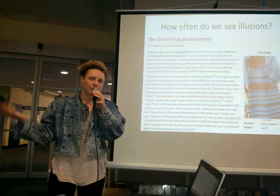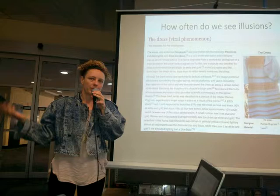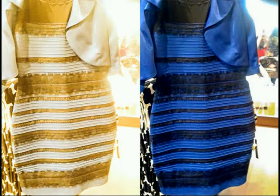Yeah, hashtag the dress. The internet went in a massive uproar as soon as somebody wore a dress that people perceived as either blue and black or white and gold. And there's an entire journal article devoted to explaining what is the dress. There's not just two different percepts of the dress, but I think there's at least four. And I guess the main conclusion from the dress phenomenon was how lighting can influence the perception of the colour of the dress. So you could change lighting to blue or yellow, and the lighting that we're normally exposed to can influence